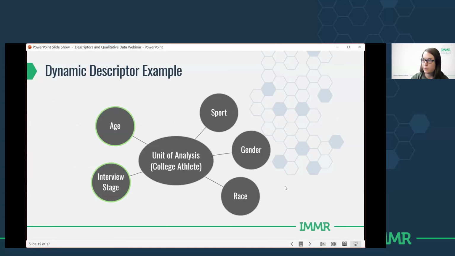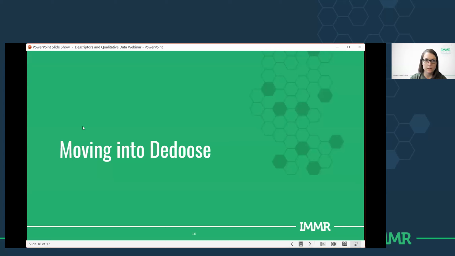All right, so here's an example. If we decided to switch up that previous example of a college athlete and we added interview stage and age, those 2 highlighted in green there would be dynamic descriptors, and then the other 3 would stay constant. All right, let's go into Dedoose and start making sense of this within the actual program.